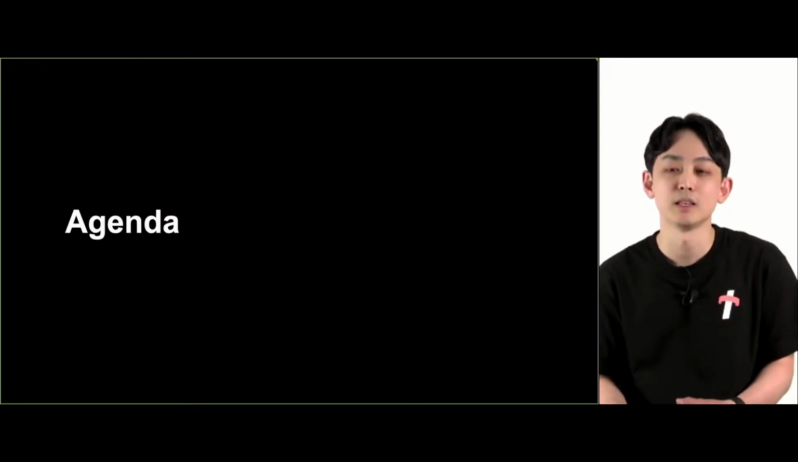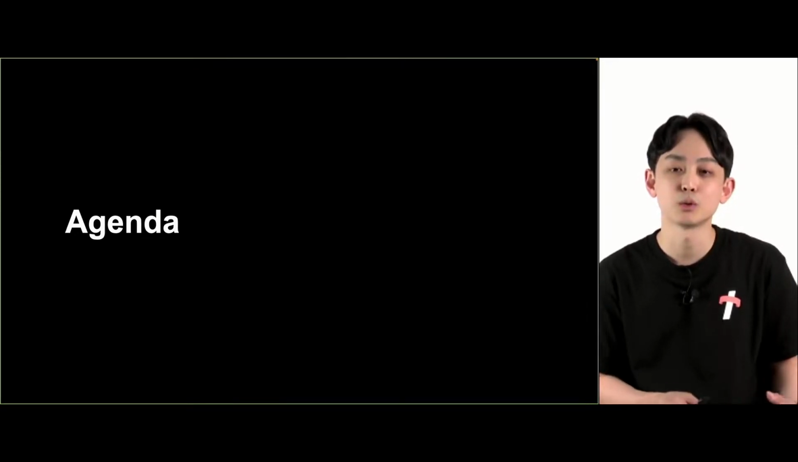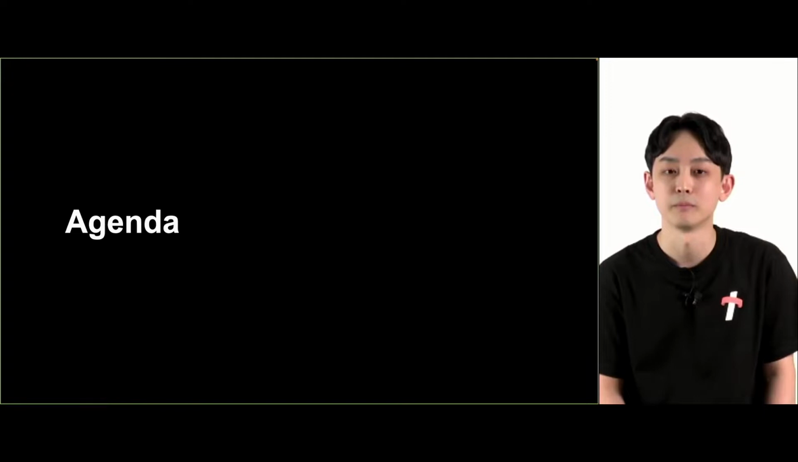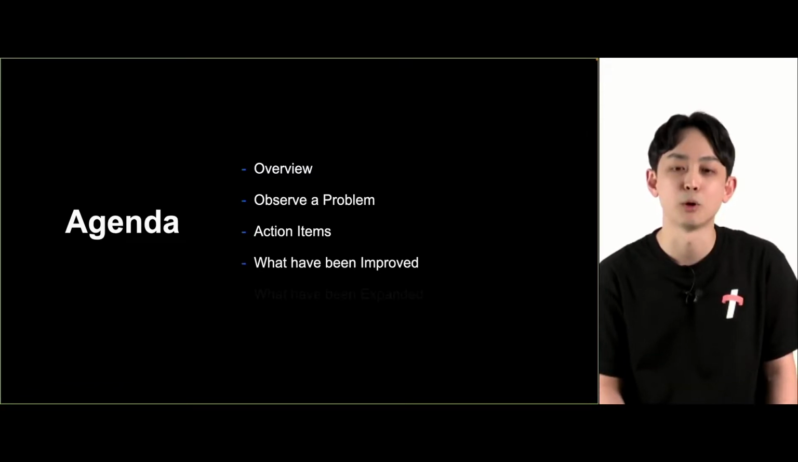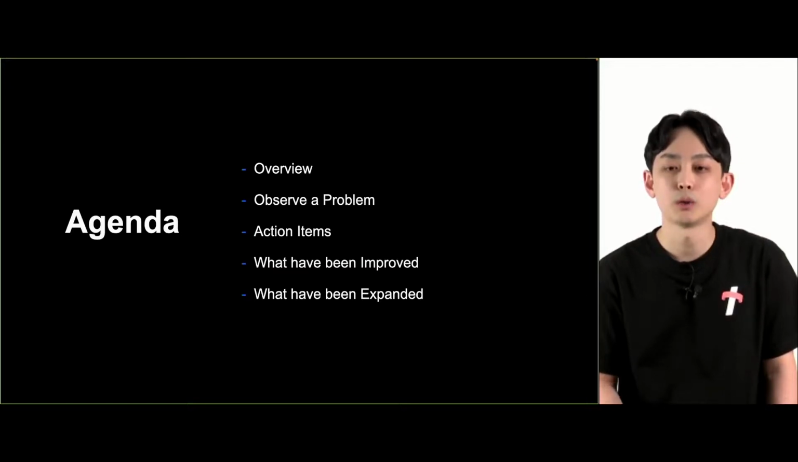With this, I would now like to go over the agenda. I'm going to talk about these 5 topics. First, I'm going to give you an overview of the project. And then I'd like to talk about the issues of the previous test automation environment. And then I'd like to talk about the actions taken during the project. And then I'll talk about what has been improved throughout the project and how this project was expanded. To reiterate,